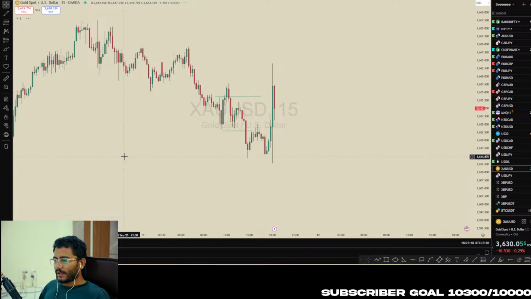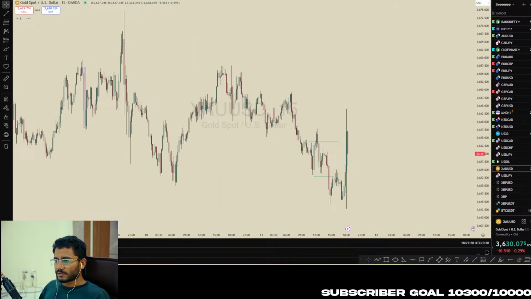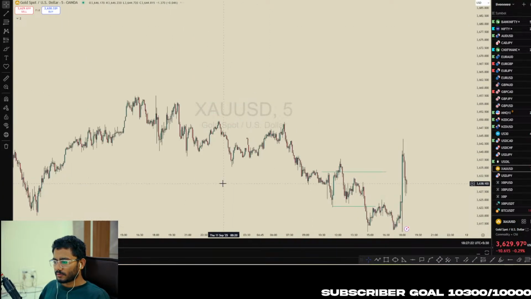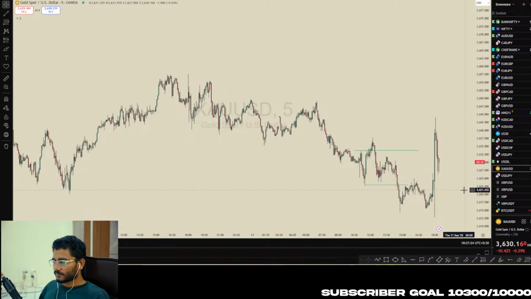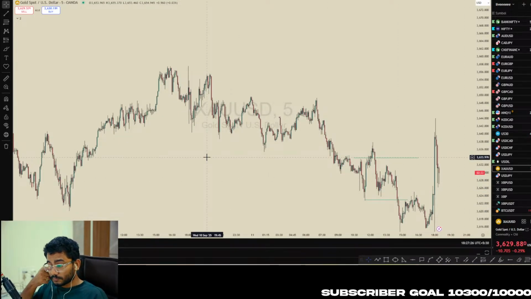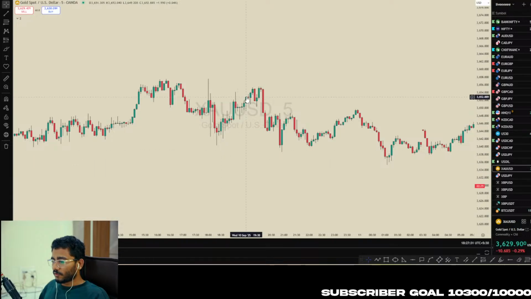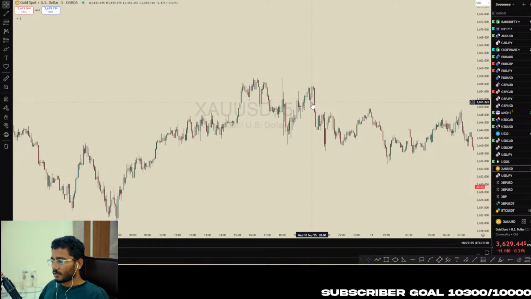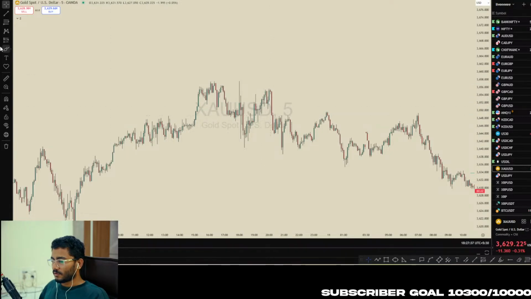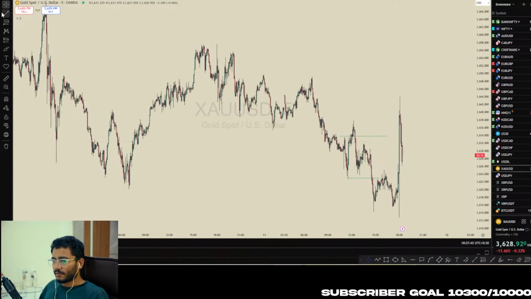So yesterday price hit our stop loss over here. It went to the upside from this order block, then it reacted. So it hit our stop loss at break even, and then price started to go down from here. After this, price took out its equal highs, then broke the structure,